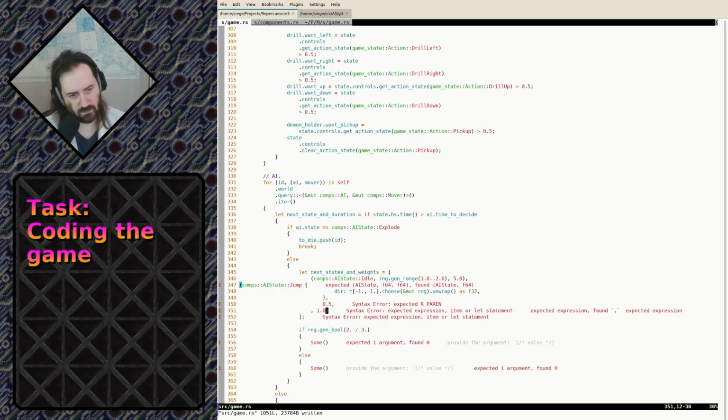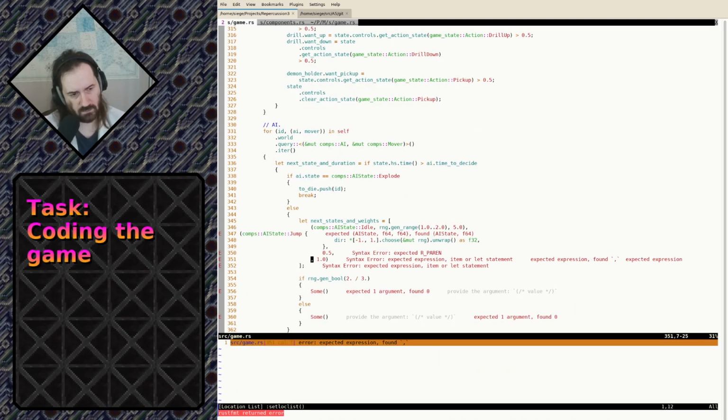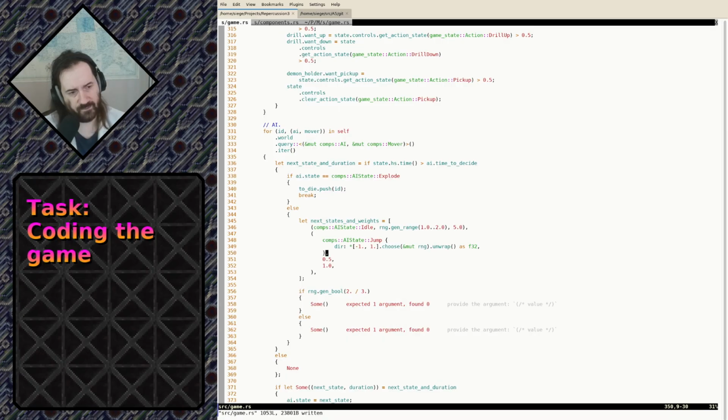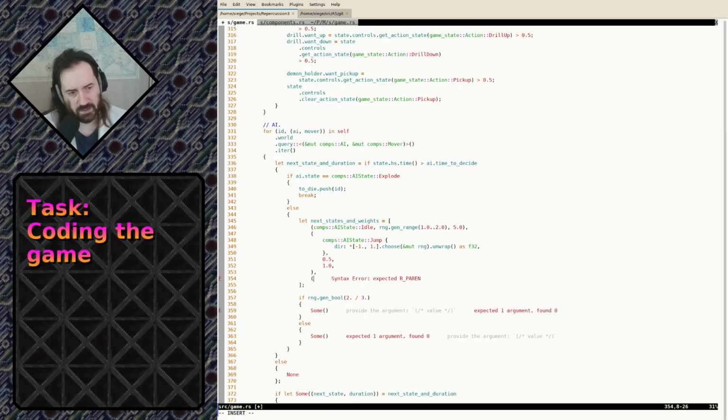What did I do wrong? I deleted like a frame here somewhere. Oh, I have an extra comma here. Okay. There you go. And then comps AI state explode. Explosions will last a second. 2 seconds. And this is gonna be